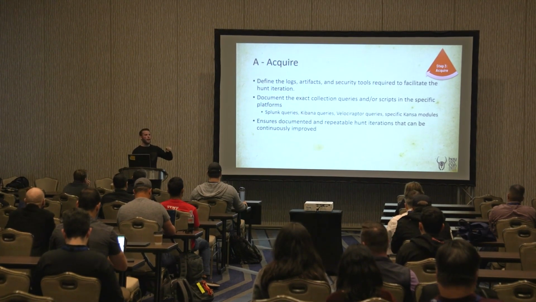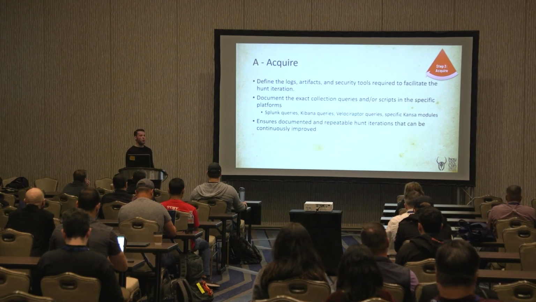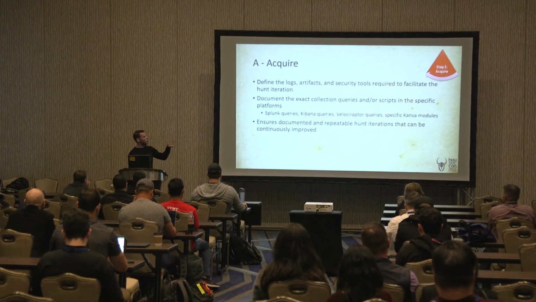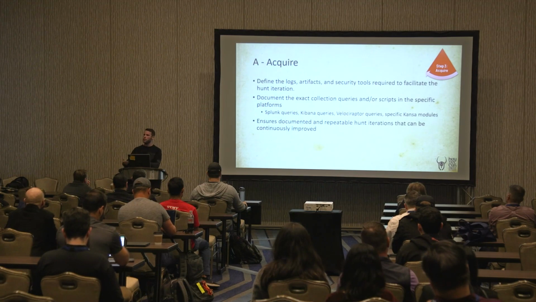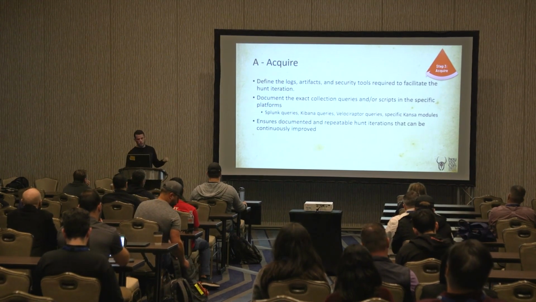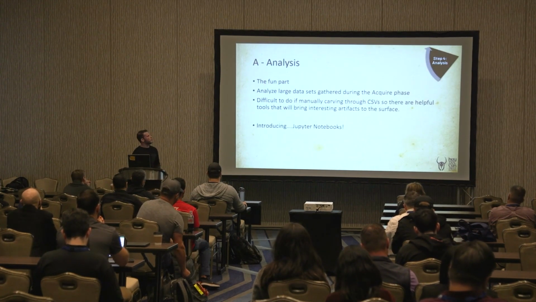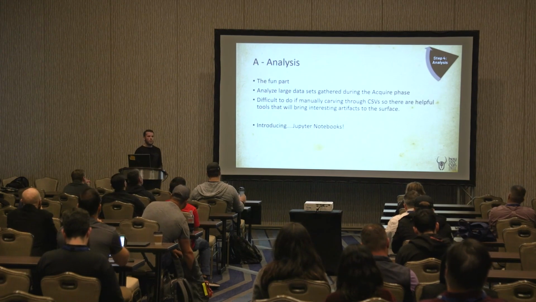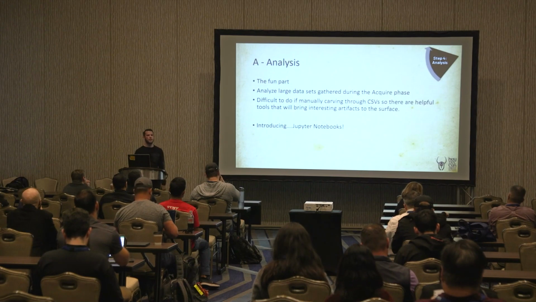If I do a hunt and I find this service account, it's known, it's a threat adversary emulation service account, and I want to allow list it. I can just make one modification to my acquire queries and then share it to the team, and now again, we all effectively allow listed that service account. So it's very scalable and very helpful. And so you define all this stuff, you define your exact queries, and then the fun part happens, which is also one of the difficult parts, which is actually analyzing 700,000 rows of data,